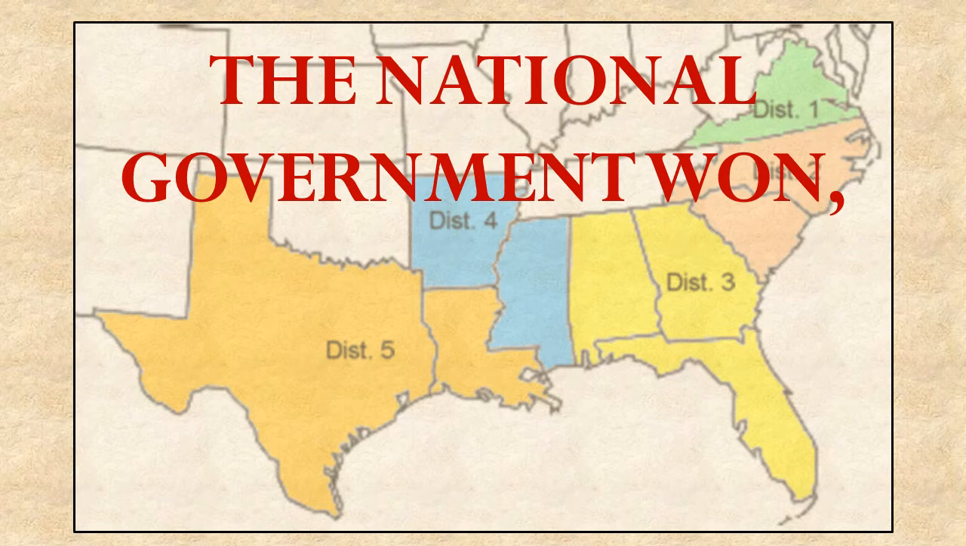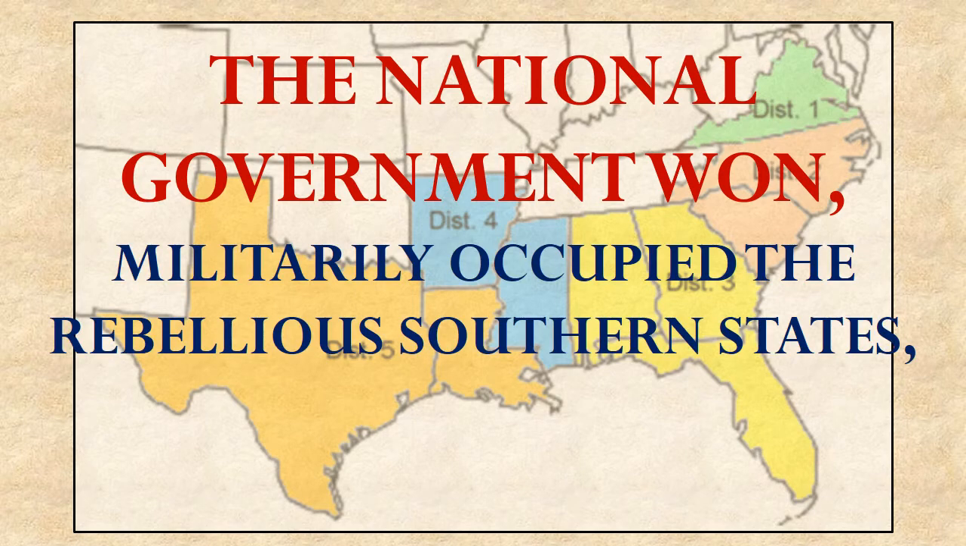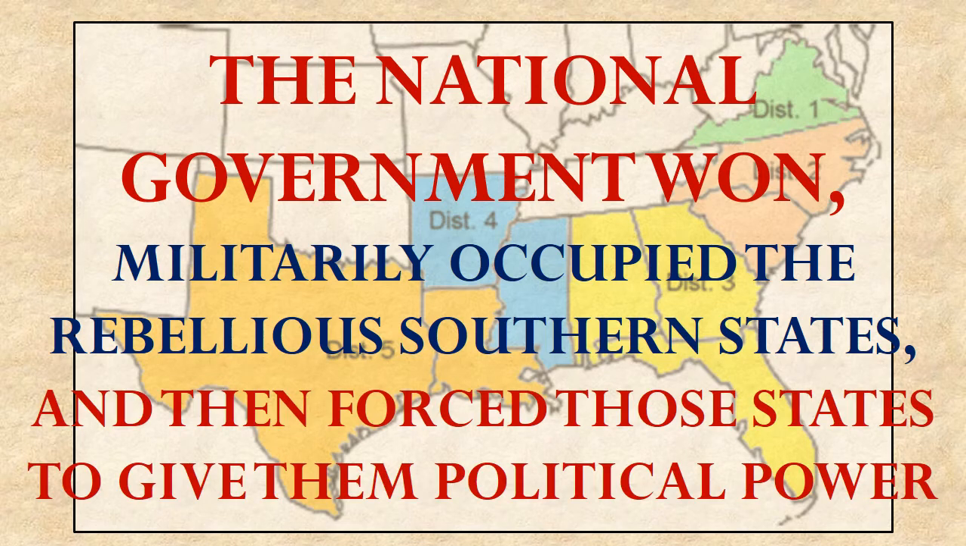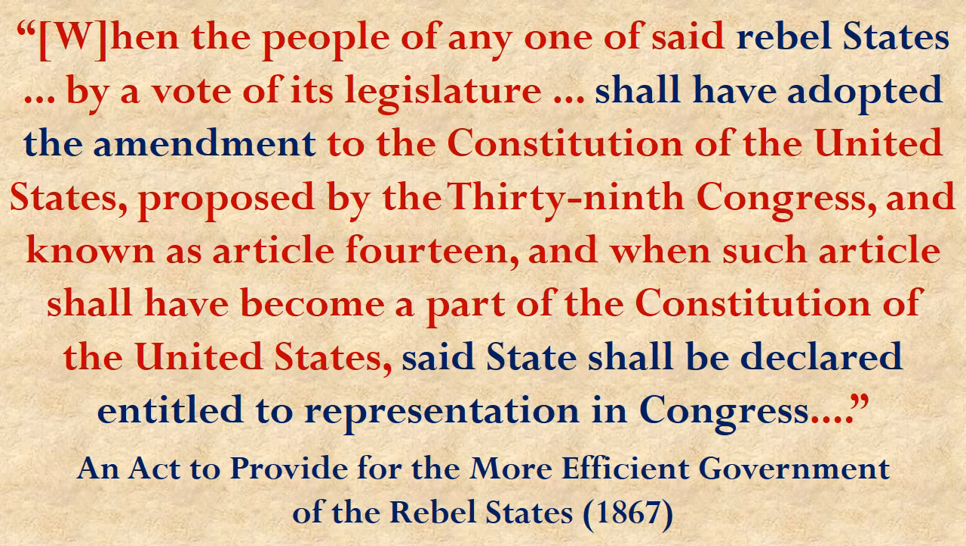In the end, the national government won this war. And in the aftermath of that war, the national government's military occupied the rebellious southern states. And while it was occupying them, it forced the southern states to give up the political power that the national government wanted. It did this by passing a series of laws called the Reconstruction Acts. Here's one example, where the national government said that the rebel states that were currently being occupied by military armies, that were essentially